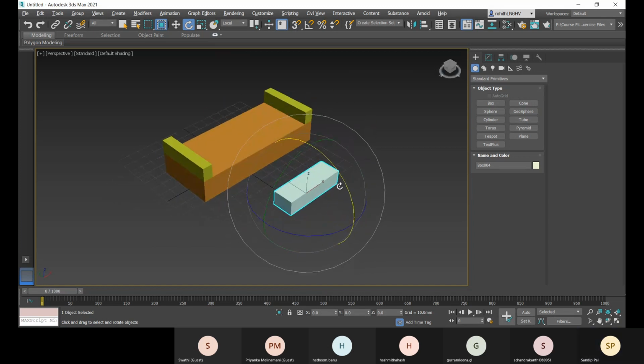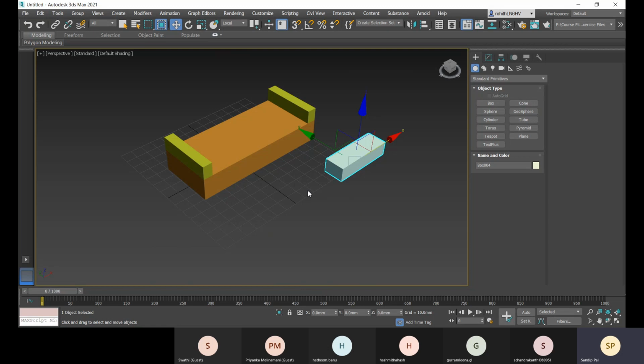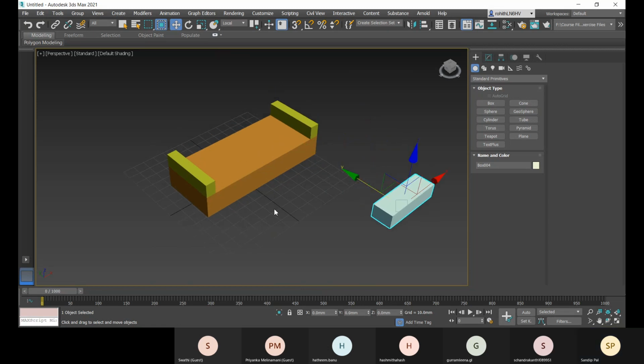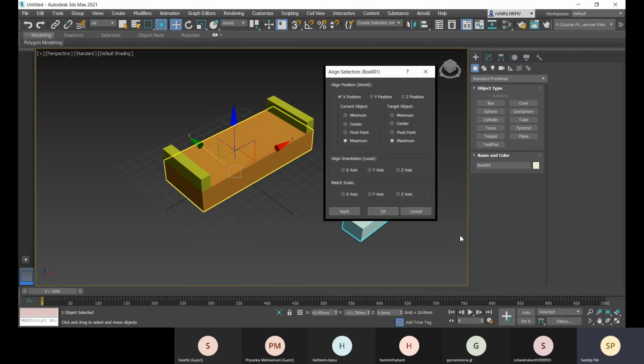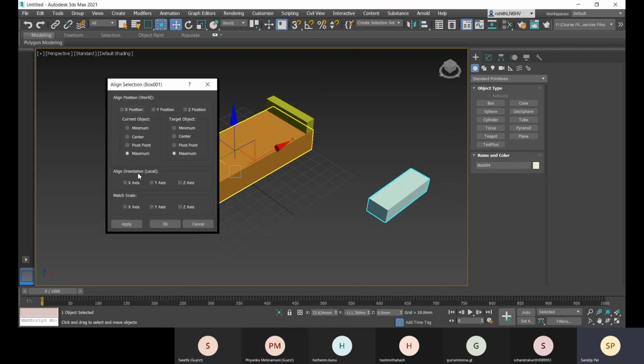We'll go with the simple examples. Okay, so we get back to the world coordinate system, and let's choose this one is selected. Let's go with this align here, and here what I'll do, I'll uncheck this one. So I'll not align the position. Here I'll change the orientation about this one. Okay,